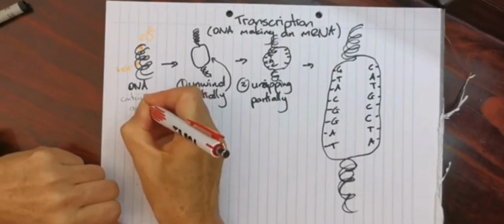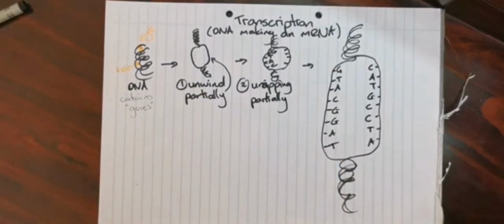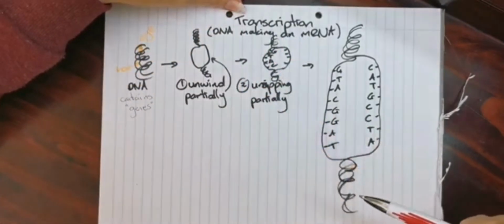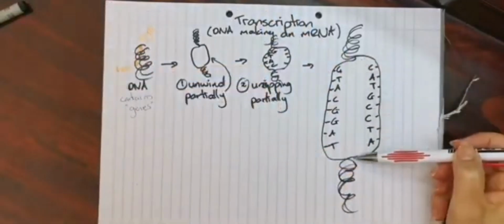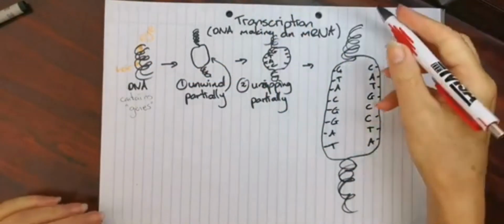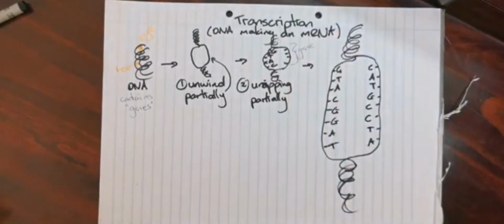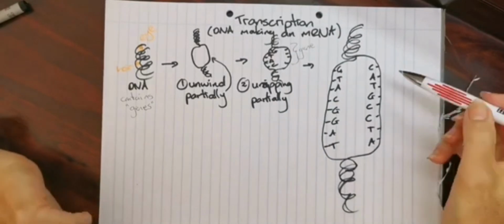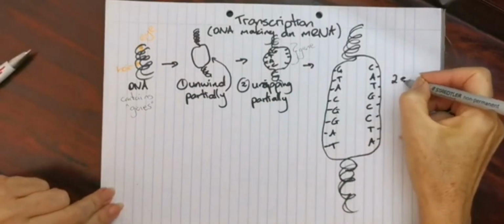A gene is a section that codes for specific information or for specific proteins, which means whatever the protein is that we want to make through transcription, only that gene will open up. So the section that has opened up is actually called a gene. All right, so that's why you don't open up the whole DNA strand. Now, when this happens, again, we now have two exposed